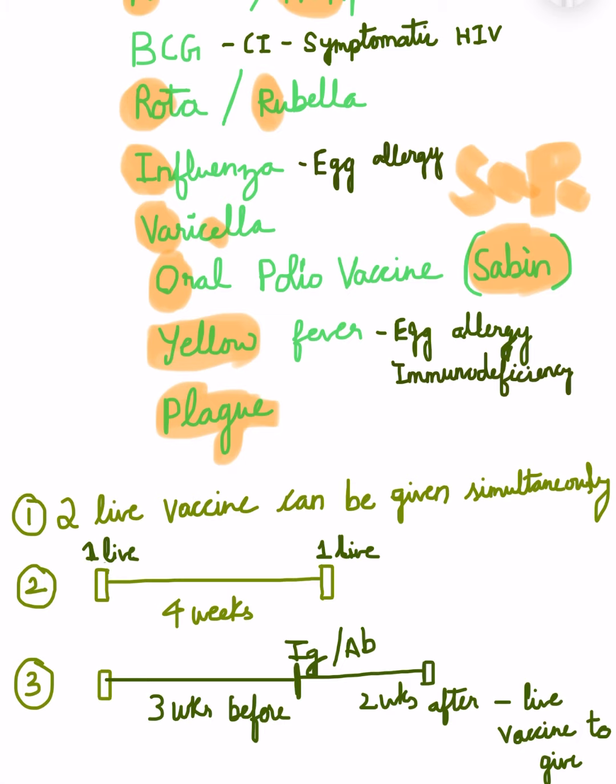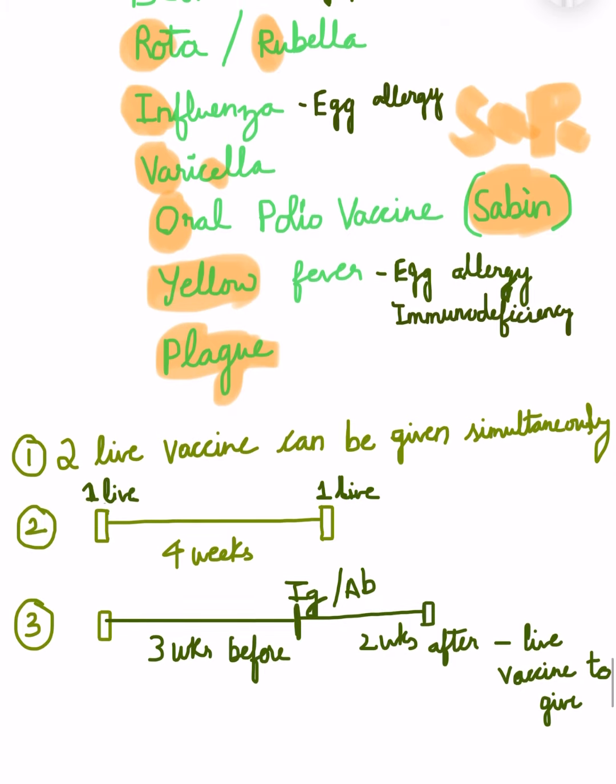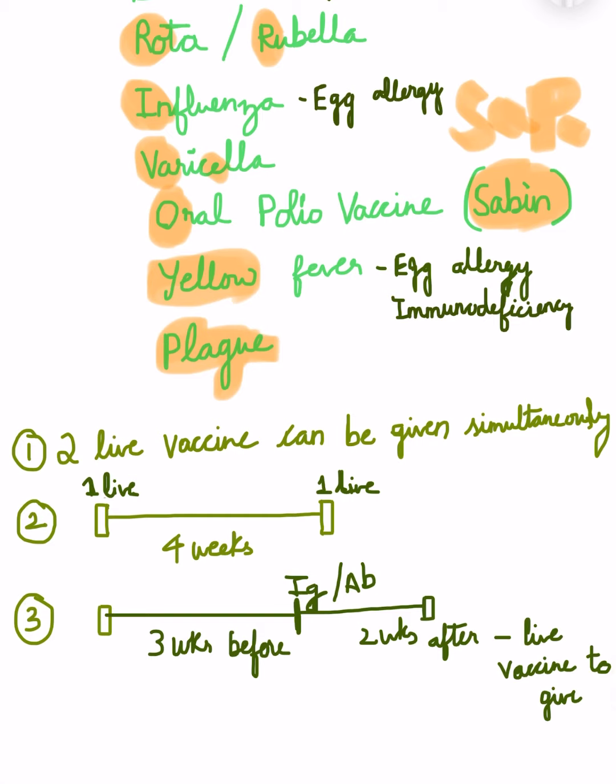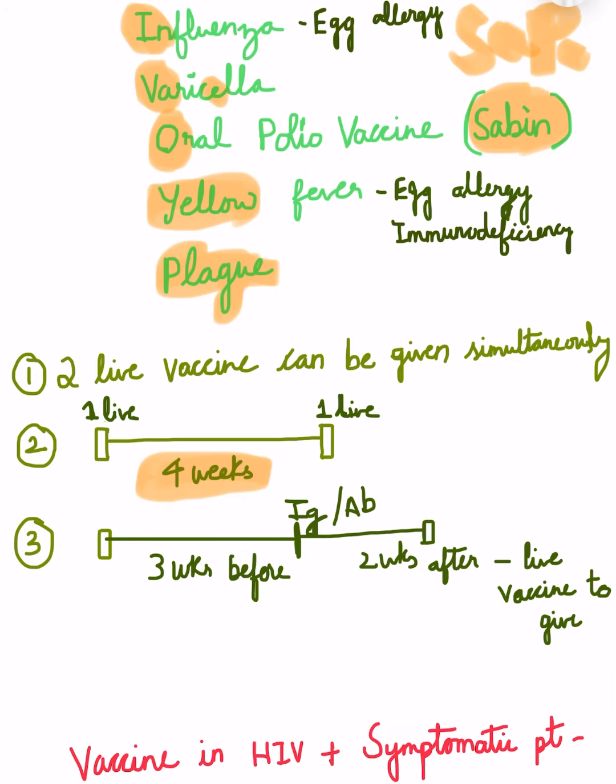At different anatomical sites, two live vaccines can be given at the same visit. But if we want to give them on an intermittent basis, there should be a time lag of 4 weeks between one live vaccine and the other live vaccine. From one live vaccine to the next dose of another live vaccine, there should be an interval of 4 weeks,